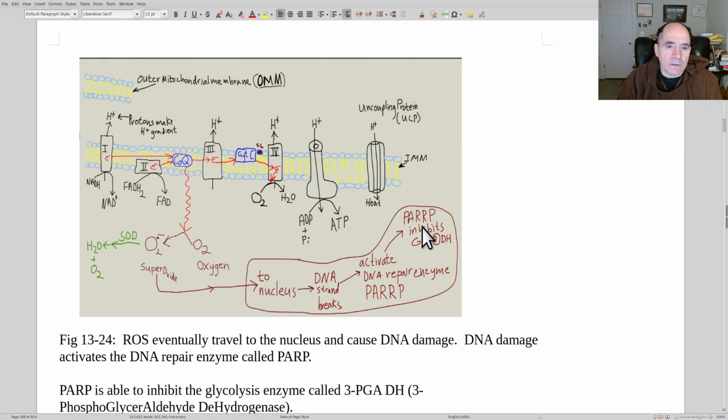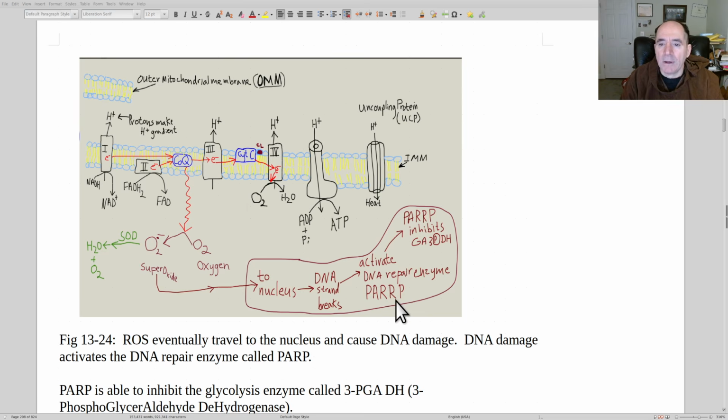Okay, this is just a quick summary of what happens when there is electron leak from the intermitochondrial membrane. Let's say you inhibit this right here with saturated fat, and then the electron transport starts backing up. Electrons will fall off coenzyme Q, drop down onto oxygen, become superoxides, and these can cause oxidative stress. Normally, you can neutralize them adequately with superoxide dismutase, but sometimes if it's happening too rapidly, you'll get an excess amount of them, and they'll go to the nucleus and damage DNA, and that'll activate a DNA repair enzyme